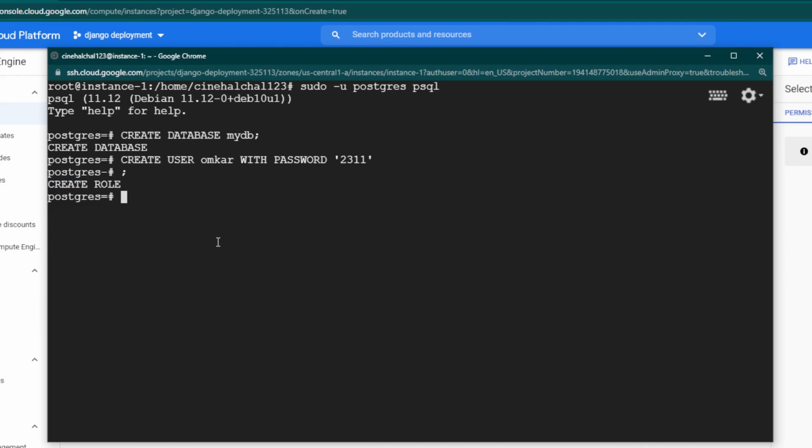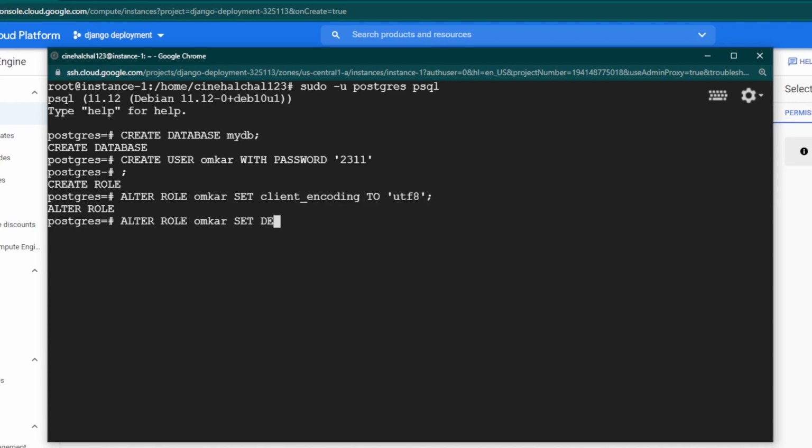We have to give permissions to the role, so let's write the command ALTER ROLE, and the username is Omkar, SET client_encoding TO 'utf8' and semicolon again. Yeah, role altered, and now I need to run another command.